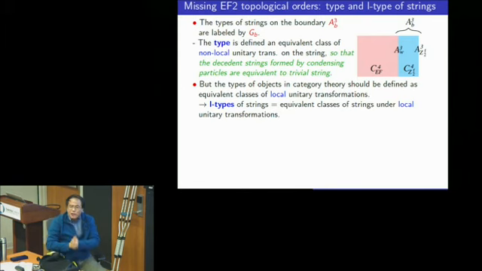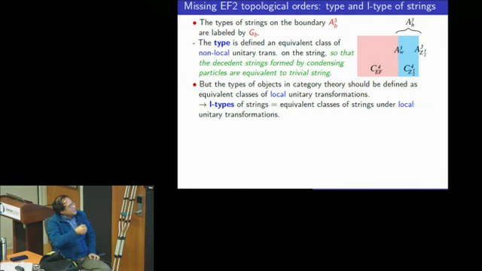But there's a subtlety in the definition of the type of a string. Here I'm using a very dramatic definition: we use a non-local unitary transformation to define the type of string. This is important, but it's overkill. It's too much. So there's some subtlety in my story. So far, when I discussed string type and the group fusion rule, I was really using this non-local unitary transformation.